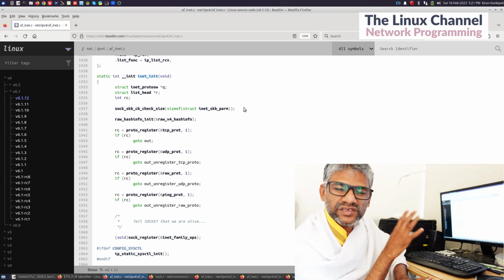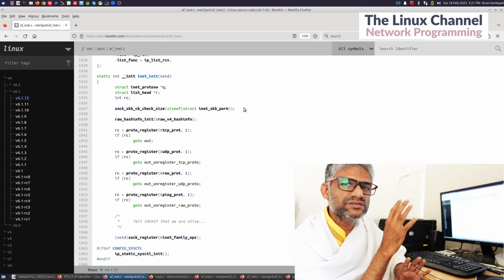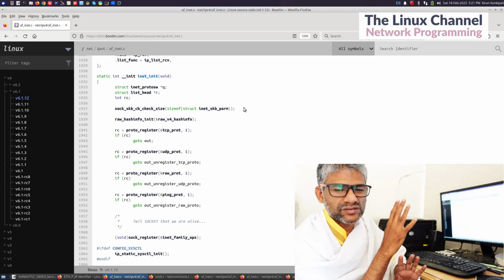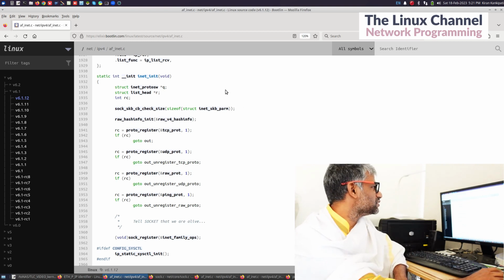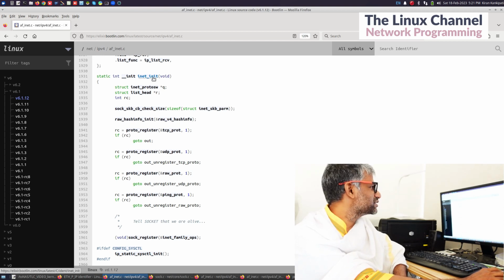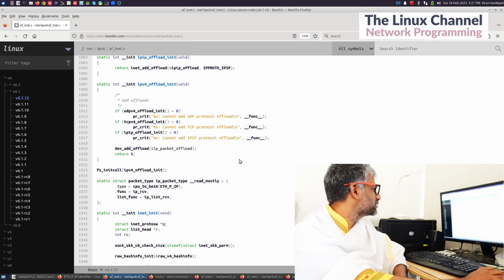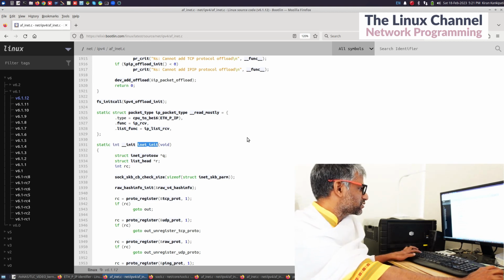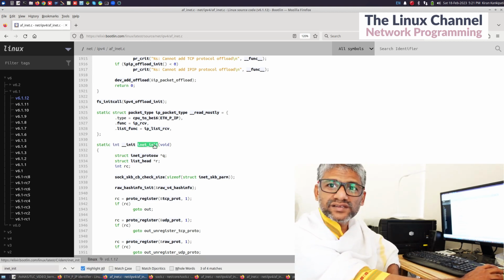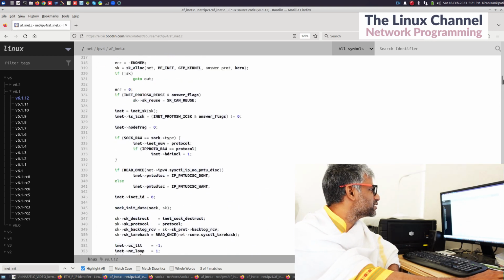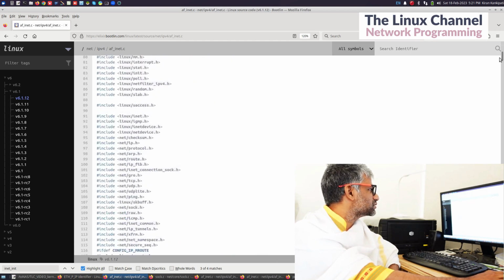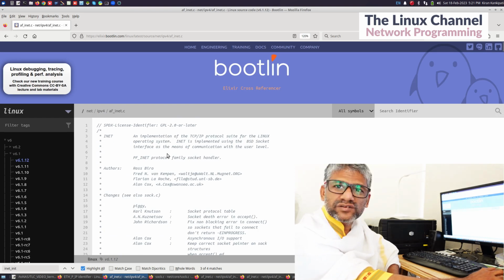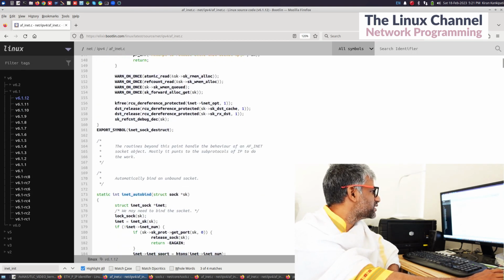So you can refer to some basic data structures. The whole intent of this video is to introduce a couple of fundamental data structures. If you go here, you can see somewhere you have this inet_init. Let me scroll. This is at line number 1931, inet_init. Let me copy, find, and we are at this line, and we go a little bit above and see the flow. You have the implementation of socket, the intro, and after that